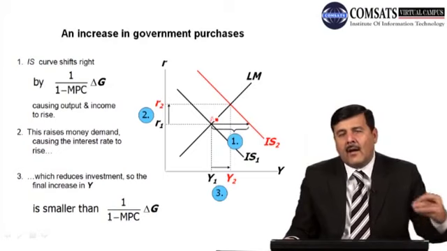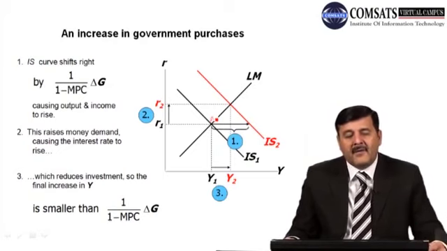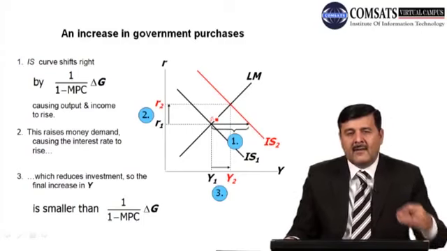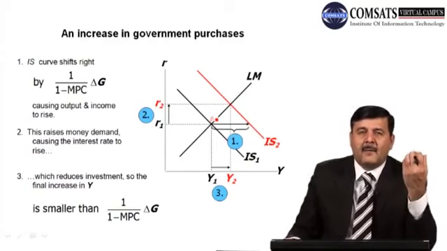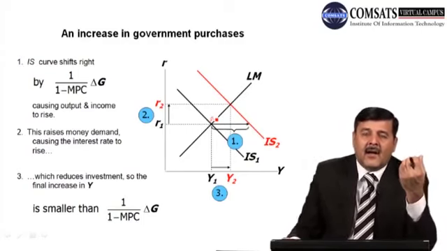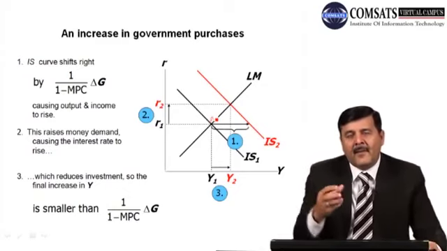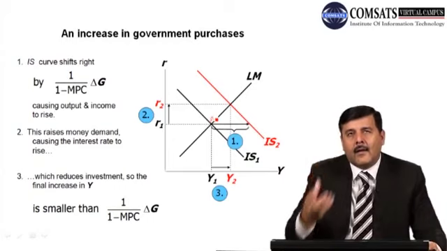Now if government purchases increase, if there is an increase in government purchases, what will happen? Income में इजाफा होगा by 1 over 1 minus MPC into delta G amount. This income इतनी amount से बढ़ जाएगी. This is a multiplier, government purchase multiplier, जो कि हमने पिछली क्लास में discuss किया था कि अगर गवर्नमेंट